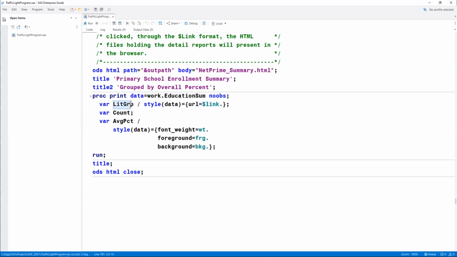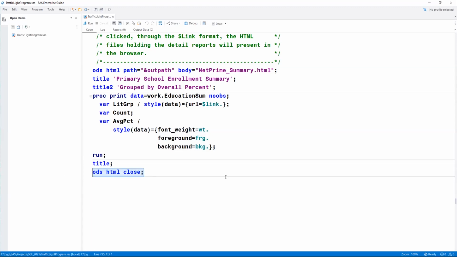And I'm only doing it for the one column that has the different groups. Count, I'm not applying any style options. It'll just be a number. And then the average is where I'm going to, again, apply my various different background colors and font weights to that one column in my report for summarizing the data.